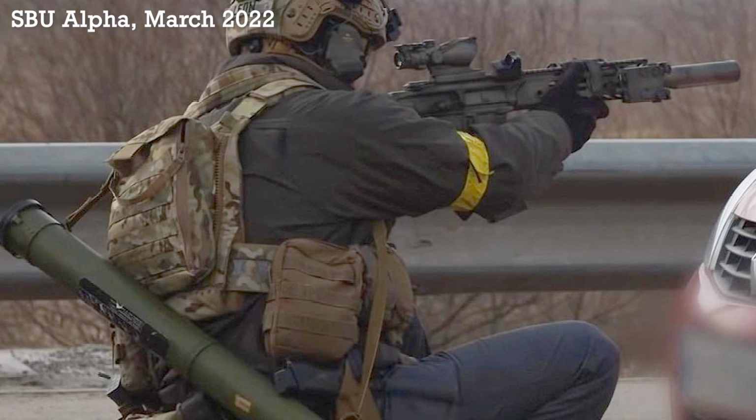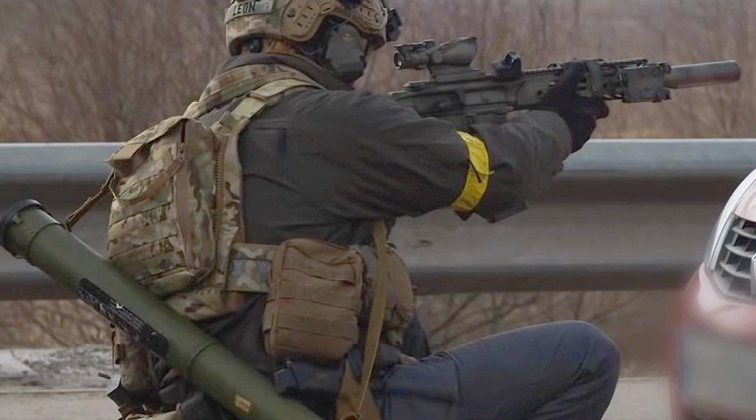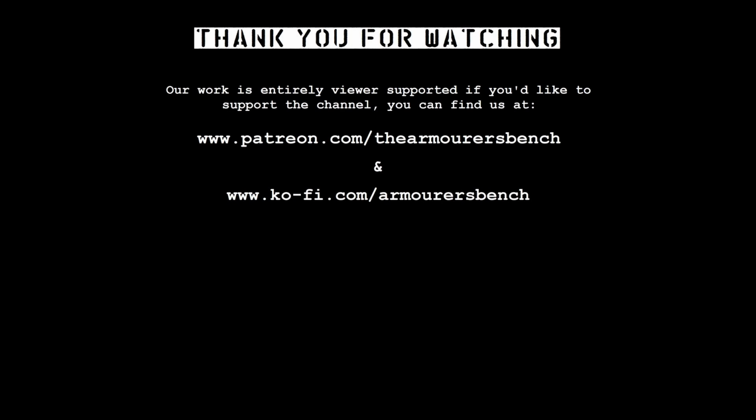And sadly, very few images of Glock 17s in use in Ukraine have surfaced so far. Sources suggest that the Glock pistols were also part of the selection of weapons originally destined for the Kurdish forces fighting ISIS. So there we go, guys, that was a roundup of the small arms and light weapons that Canada has sent to Ukraine,